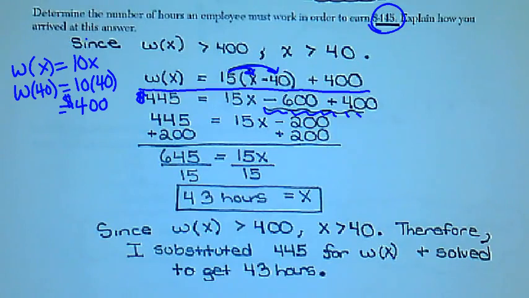So since w of x is greater than 400, x must be greater than 40. Therefore, we substituted 445 for w of x and solved for x to get 43 hours. This says explain, so write a